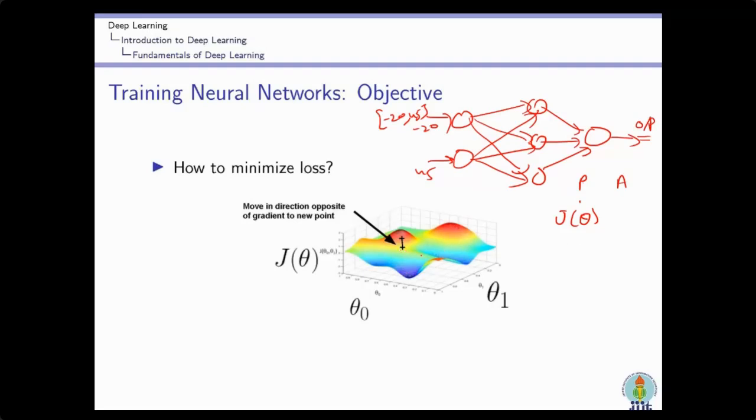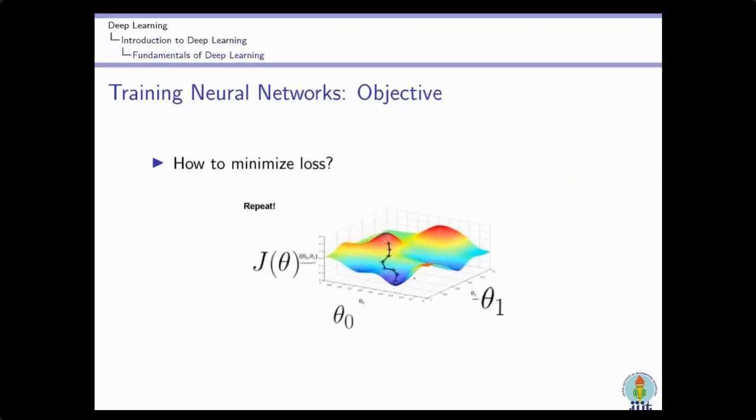So I will reach some other location, and I have to repeat this step a number of times, so that after a number of times, hopefully I will reach some minima. After repeating this whole process, let's say we have reached this minima. So now what will I do? Now I will fix my weights. This is the complete training. The training process is complete.